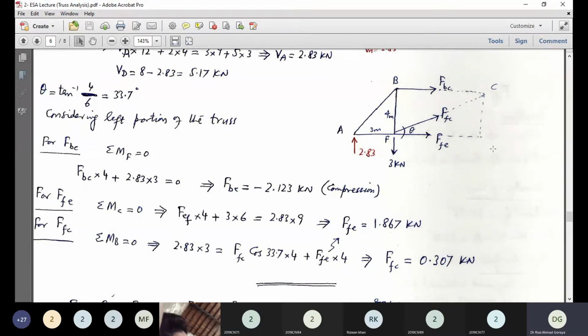जी, एनीबॉडी एल्स? अस्सलाम वालेकुम सर। सर, फोर्स एफ बी सी के लिए आपने मोमेंट सेंटर एफ लिया है, तो सर ए नहीं ले सकते थे हम? उसकी क्या रीज़न थी? ये मैं उस वक्त ही बता चुका हूं। आप किसी भी जॉइंट को मूवमेंट सेंटर ले सकते हैं, लेकिन अगर एफ की बजाय कहीं और लेंगे तो आपके लिए कैलकुलेशन वर्क बढ़ जाएगा। ये मोस्ट अप्रोप्रिएट है, आप करके देख लें। कोई पाबंदी नहीं है। आप ए ले लें, बी ले लें, ए से 50 मीटर दूर ले लें, यू विल इंक्रीज योर वर्क।